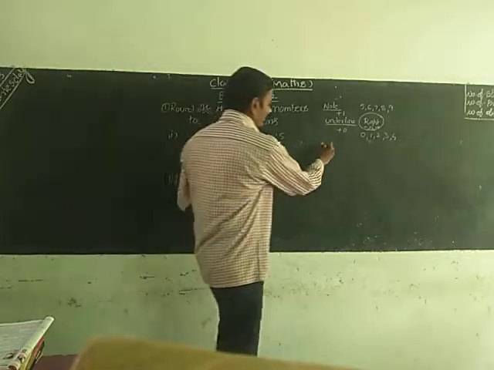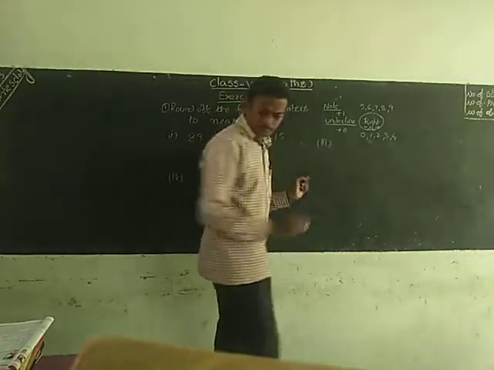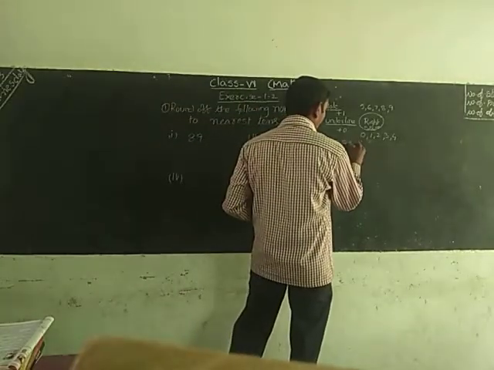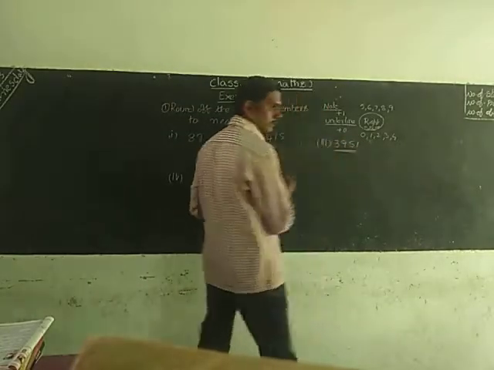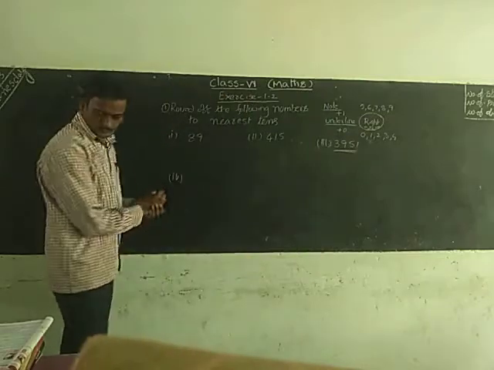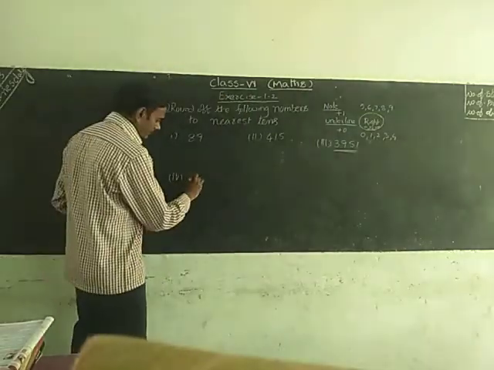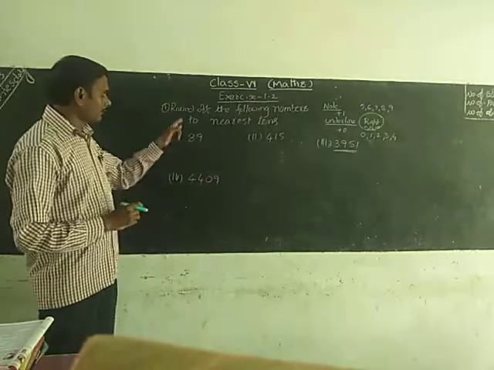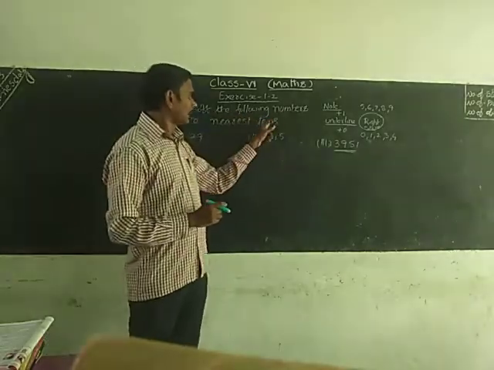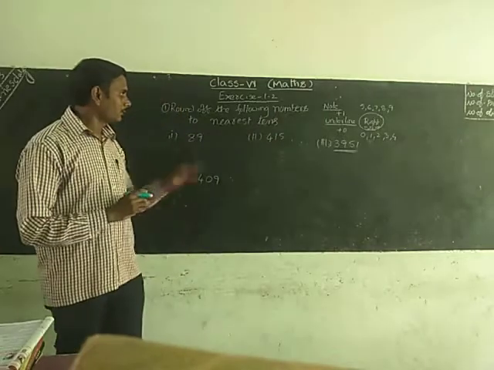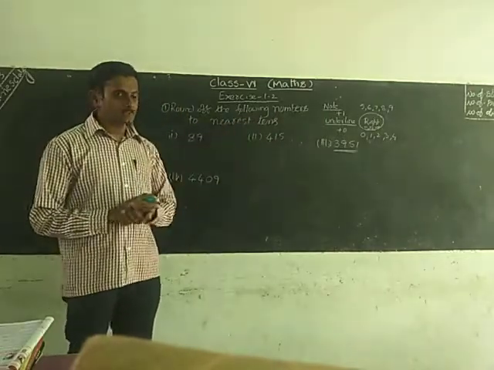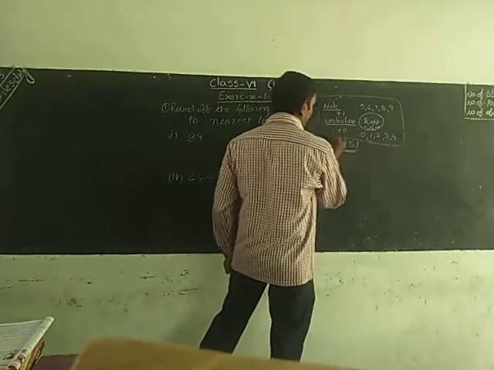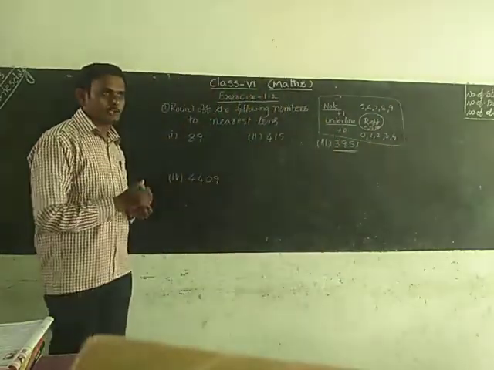The third one, 3951, do on your own. I will explain these three sums. The question is: round off the following numbers to the nearest tens. While writing these note points, how to remember? Generally you can do it very easily.